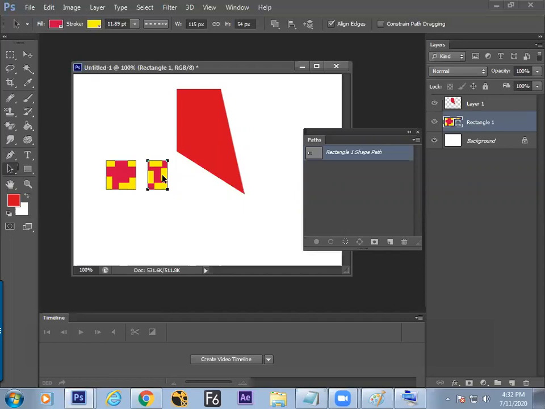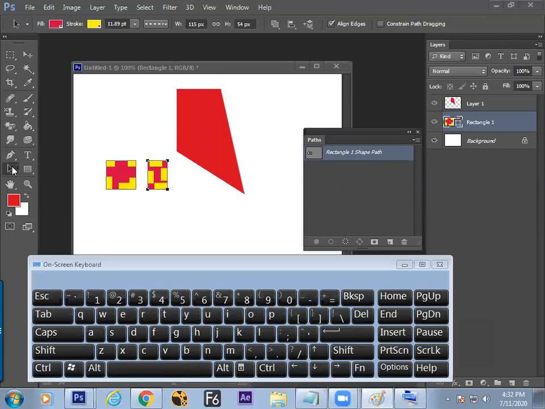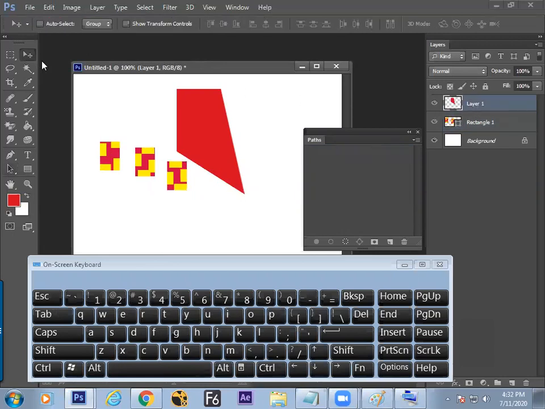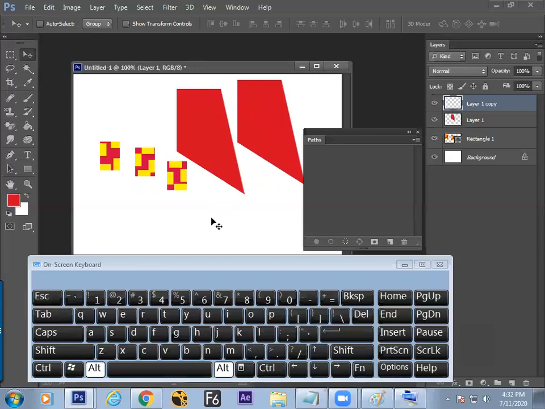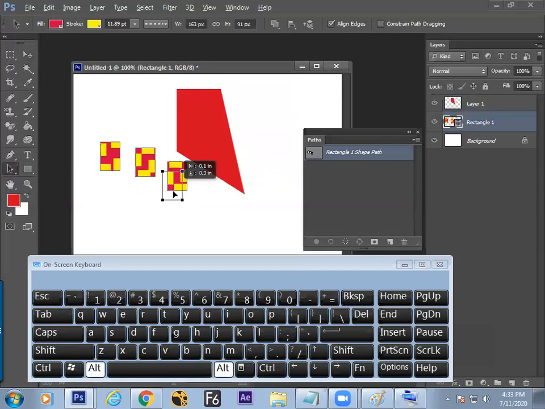Second thing, once we have made a shape, by holding the Alt button while you are in path selection, we can duplicate this. Here we have understood a new concept: how to duplicate this shape. What is it? Alt and drag. The same way, no extra pressure to your brain. You have done that with the move tool on the layer, Alt and drag. But we are doing the same thing to these shapes with the help of which tool? Path selection tool, Alt and drag.